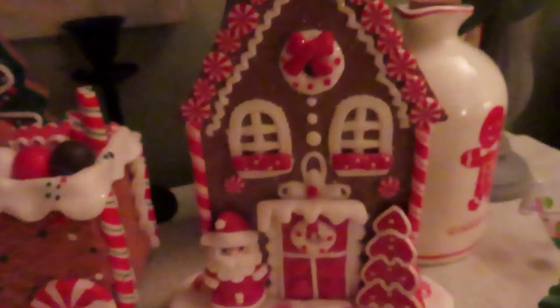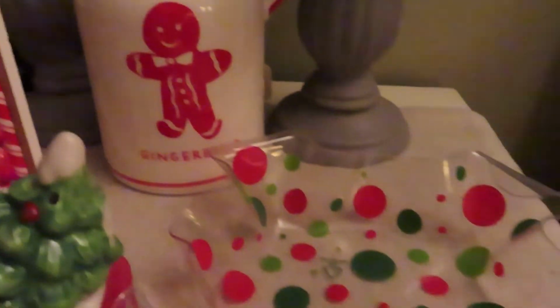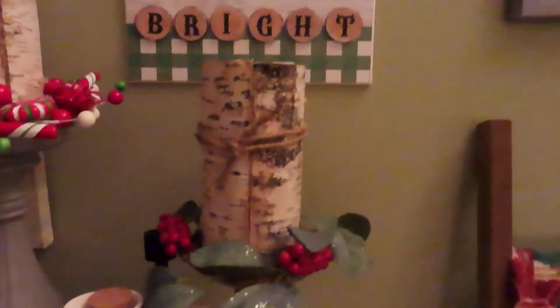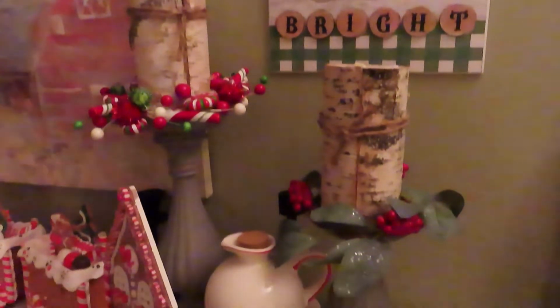I have one of those gingerbread houses from Walmart this year. I got this gingerbread jug from Tuesday Morning last year. I have a little candy dish, and this is a salt and pepper shaker, because my living room is done in the tree farm with the red trucks and the trees. We'll get to that. So then I have my birch logs, candles with the little ringlets, another cow Christmas